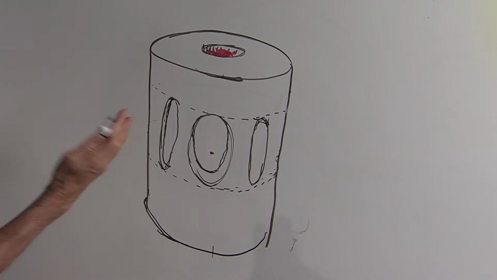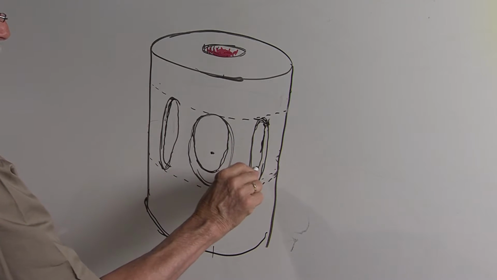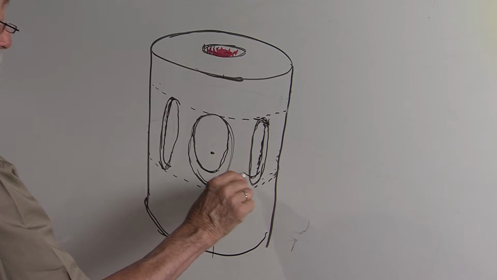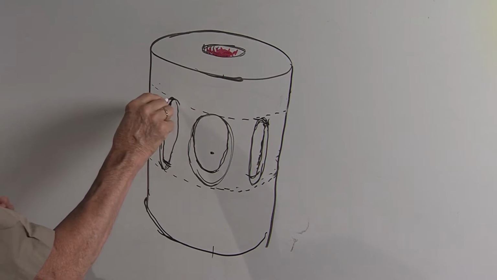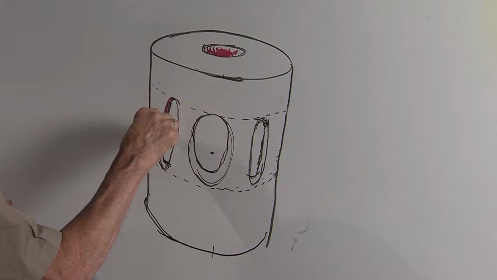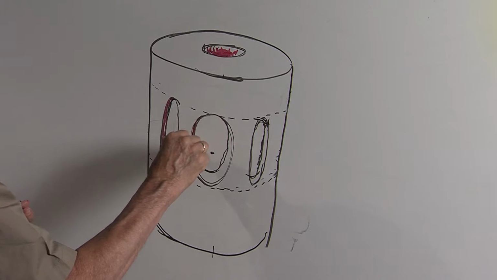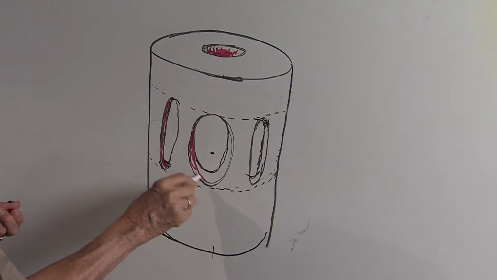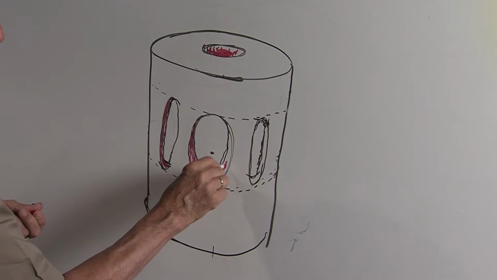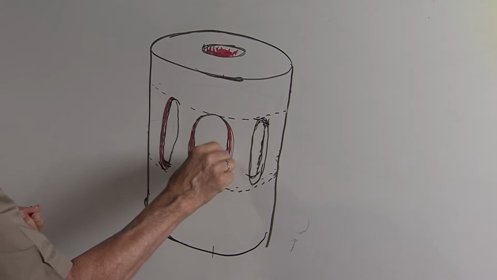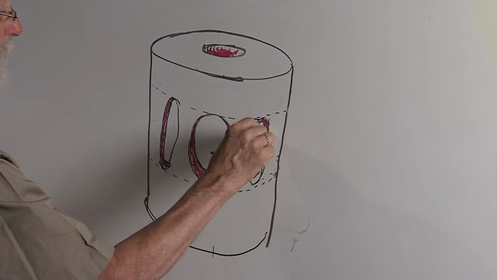All right, so you'd see that edge is going back in space, and you'd see the opposite edge over here, and you'd see quite a bit of the bottom, just like you see quite a bit of the bottom here. In this case, I'm going to just shade in the edges in red, so you can see what the edges look like. Gets fatter and fatter as it comes around. See the bottom starts to show up, gets skinnier over here and disappears up toward the top. And this one is all along this edge here.